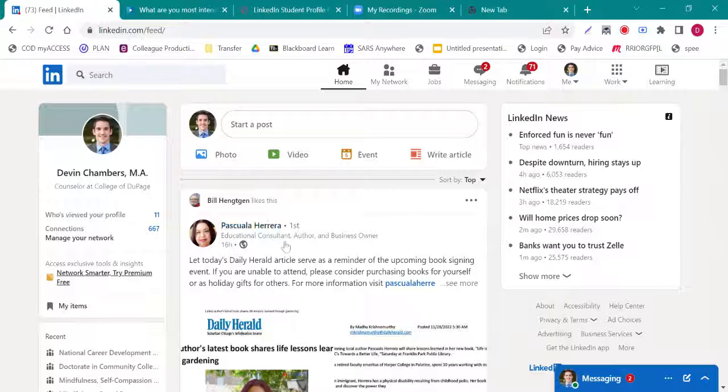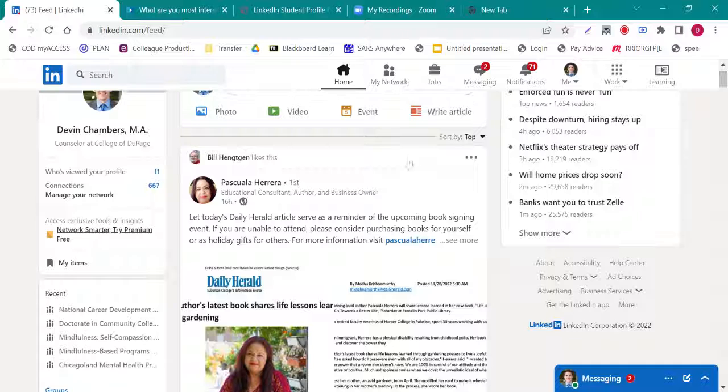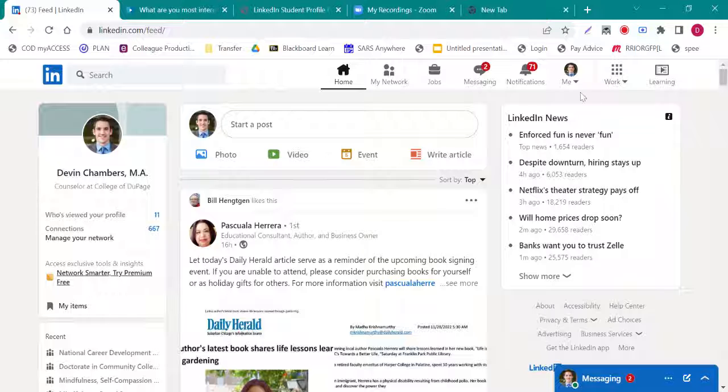People will post news about their work, or companies will post different jobs or related information or news about themselves. Just like any social media, you have your feed in the middle, and you can sort and do certain things with that. But let's get into the actual creating.